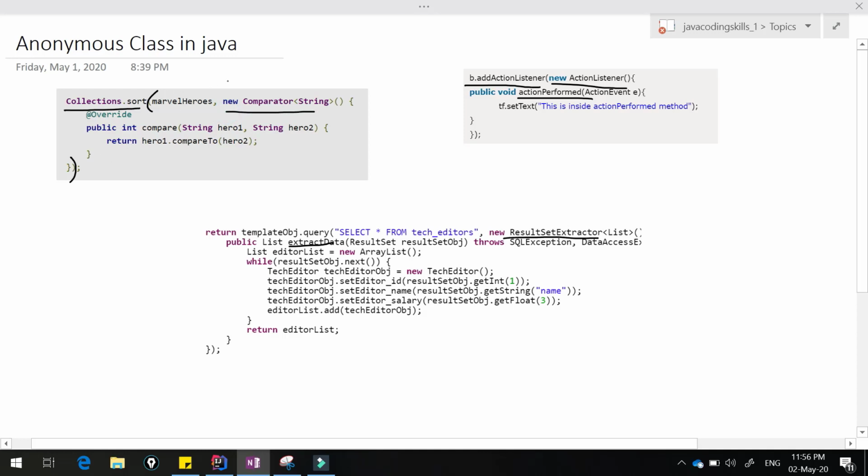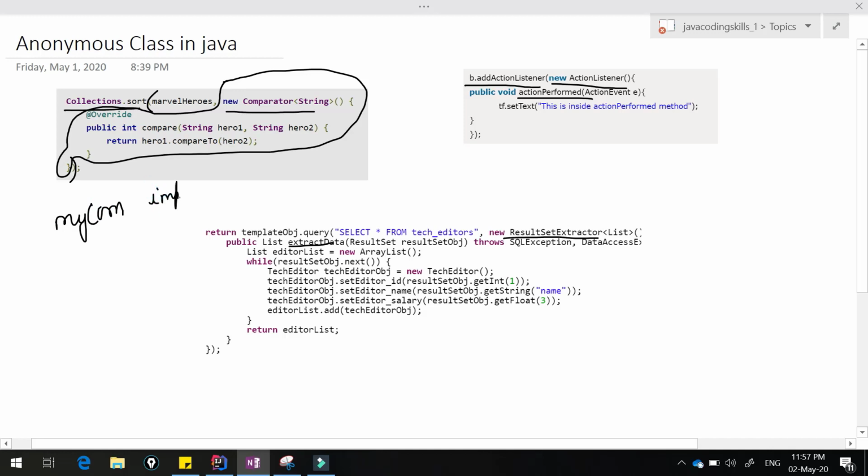If you notice this anonymous class from here to here, it is nothing but one kind of object, the type of Comparator class object. Suppose you write one class here, like MyComparator, implements this Comparator, and you override this compare method, where we pass two parameters and write something.